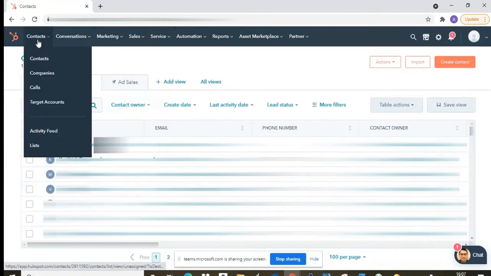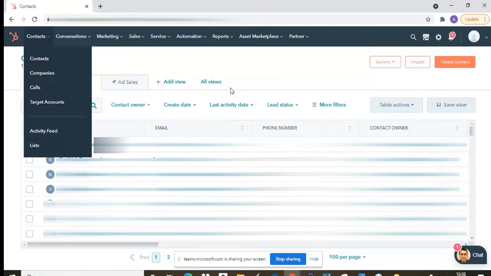Now if I come to contacts here, there is contacts, as I already explained. Then we have companies. So what is companies? Companies gives me the data of company-associated contacts. Various contacts come into my system which have companies associated, like their domain is company specific. So it also helps me bifurcate that data from normal contacts to company contacts. Then we have calls data here, and activities and lists. A list is something where we can create a list of our own with certain filters and use that list in various other features like workflows and reports, etc.